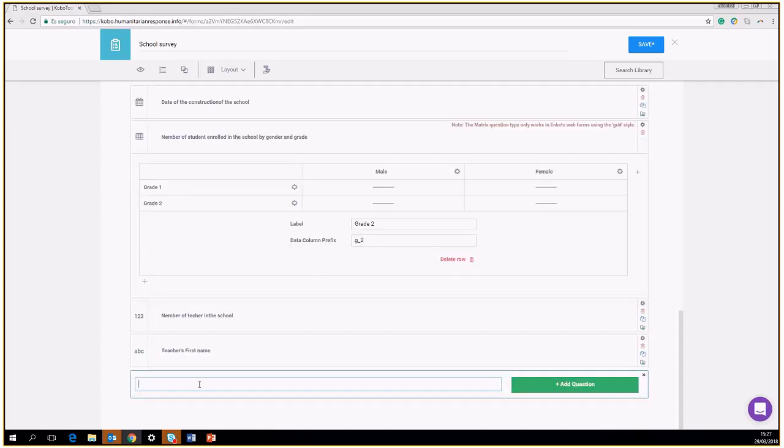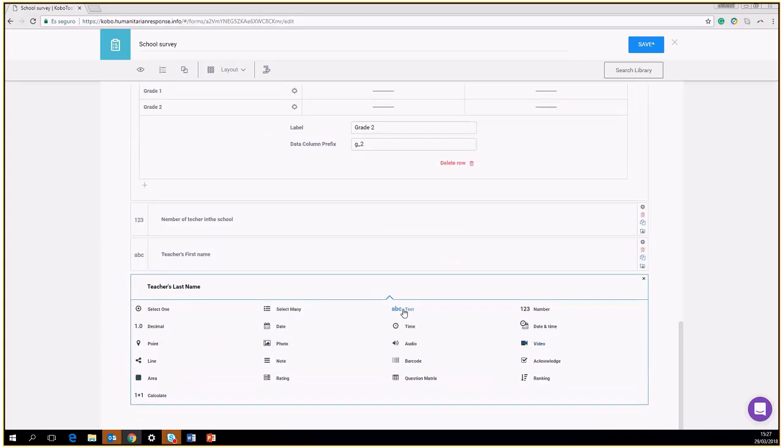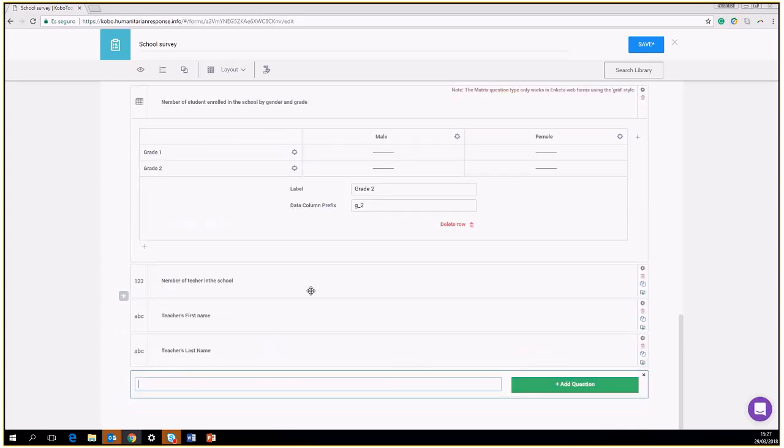The teacher's last name. You have the question, again it's a text. The teacher's age. An interesting thing you can do here is you can make the question refer to an answer the person gave before. For example, if you put the teacher's name, instead of putting teacher here, you can put $, dot, squiggly line,